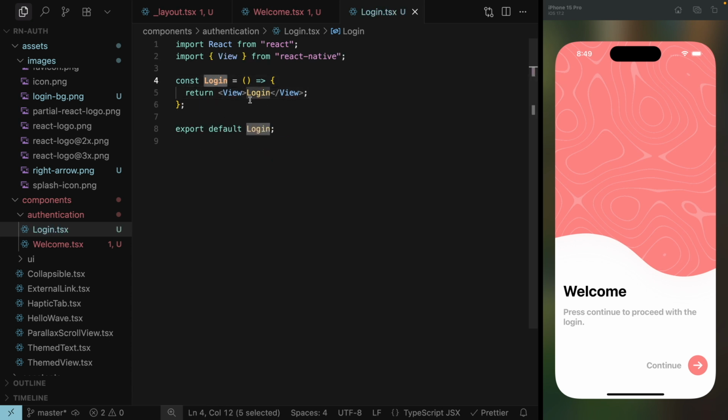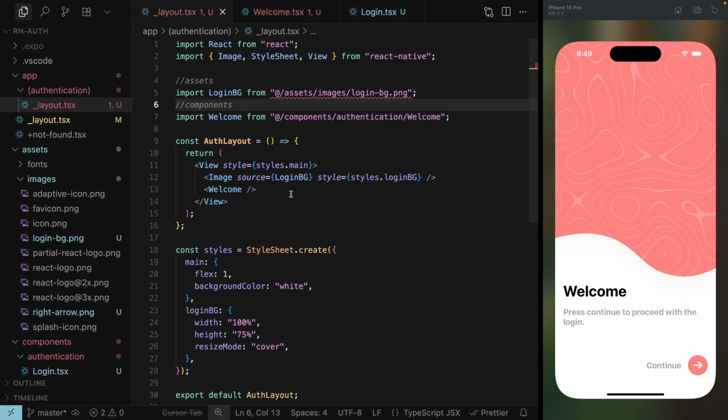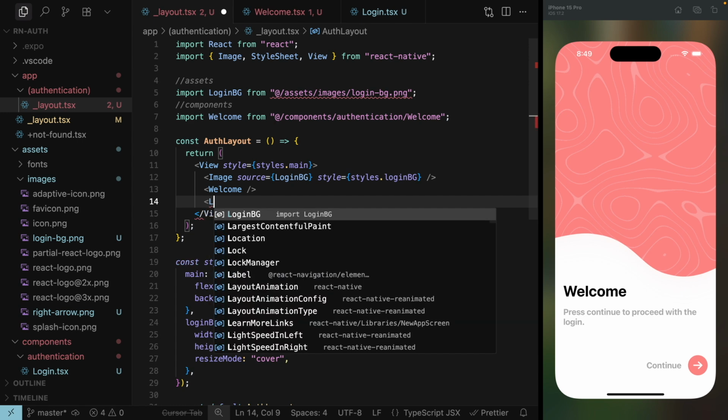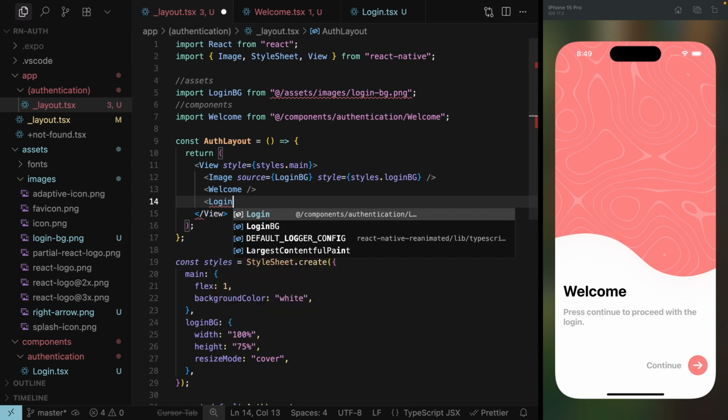Now the next step is inside here I will go to layout and I will import this login view in here,